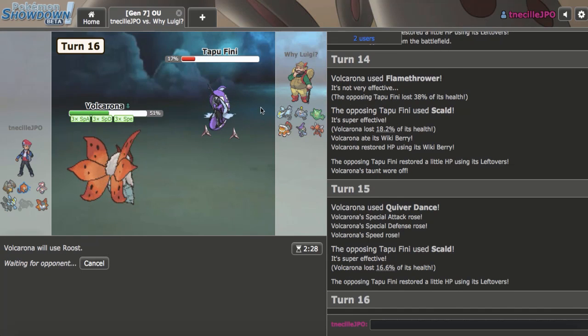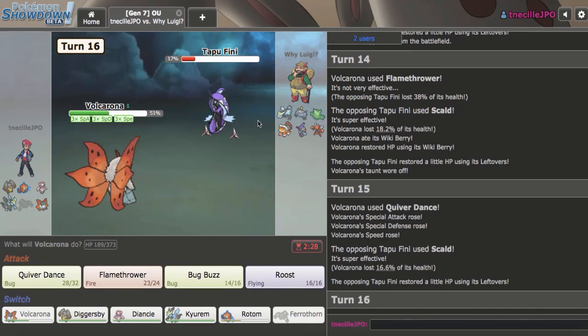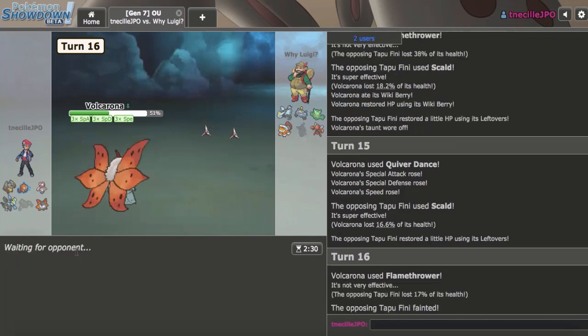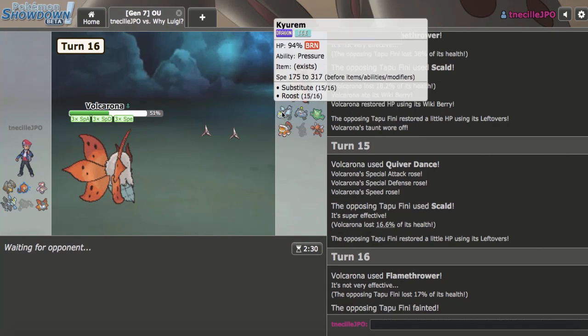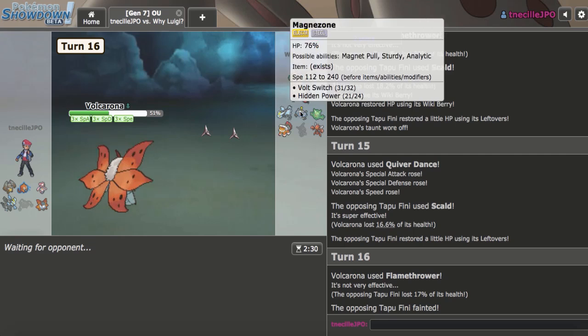Yeah, this team was 6-0 by Volcarona at preview. I already saw it right away. There was nothing my opponent could do here. In fact, I'm risking a Scald crit right now. I have no business doing that. Let's just Flamethrower it. And then, yeah, nothing lives +4 Volcarona, unless that's Sash Landorus, which, even if it is,